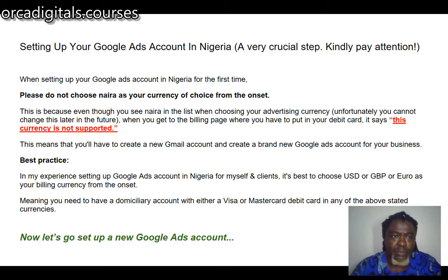Now, setting up your Google Ads account in Nigeria. This is a very crucial step. Kindly pay attention, please. This step is one of the reasons why I tailored this course to the Nigerian advertiser audience. So when you are trying to set up a Google Ads account in Nigeria for the first time,